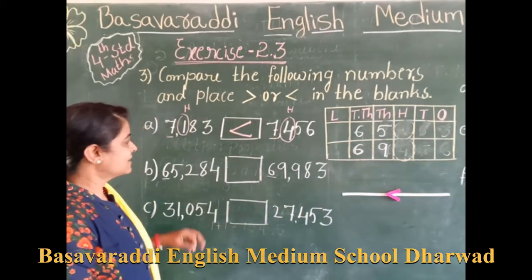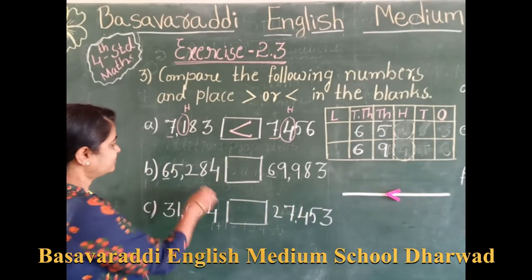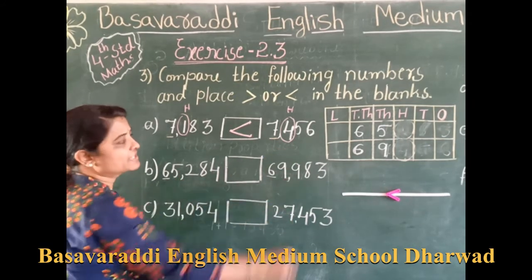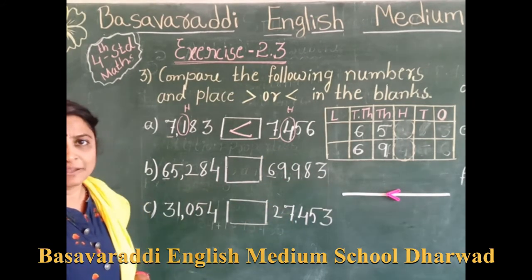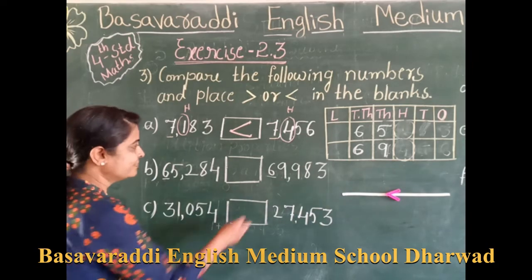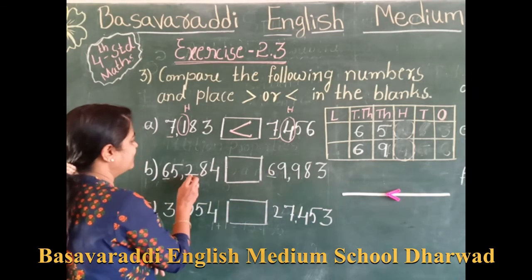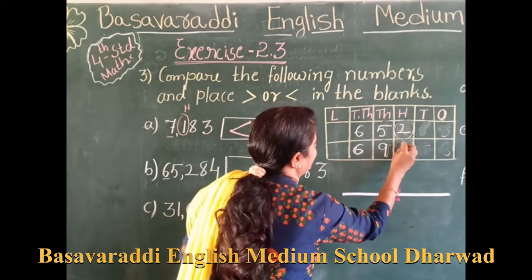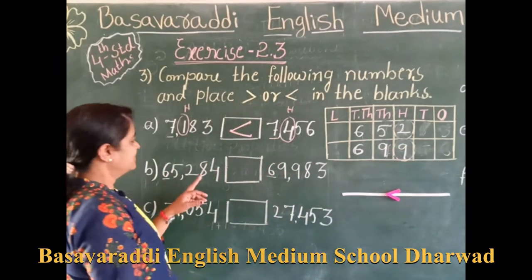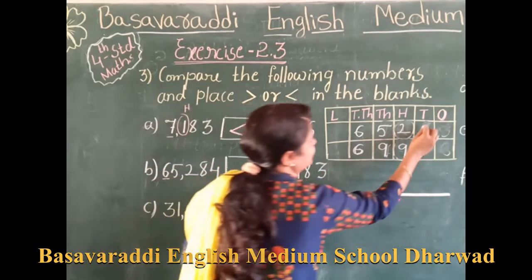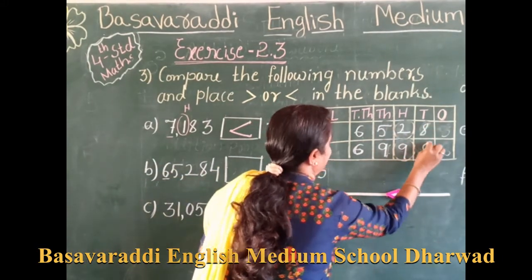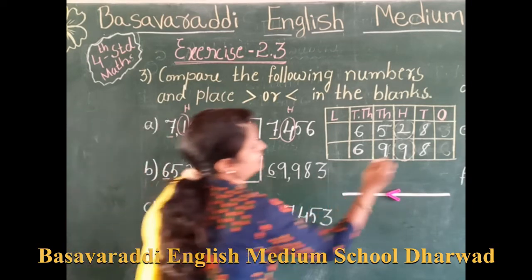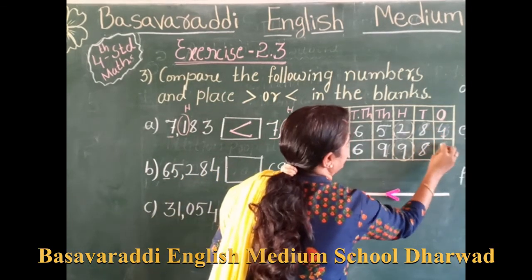Yes. Then next what we have? Here only we got the comparison. 5 and 9 become a different number there. Yes. Then next we have a 9 and 2. See there? 2 and 9. After that 8 and 8. See here in ones place we have a 4 and 3.